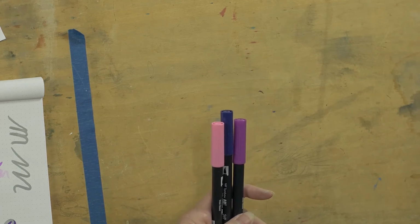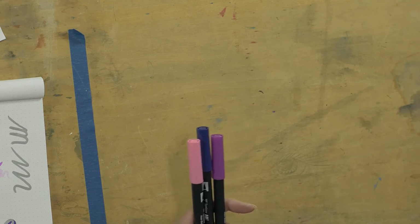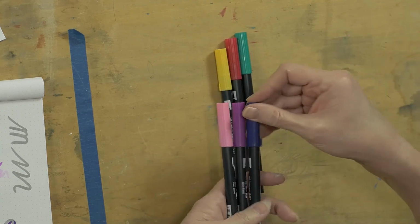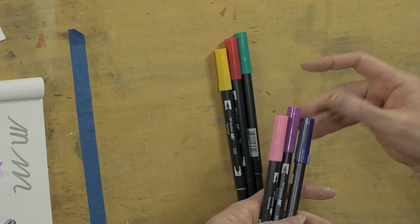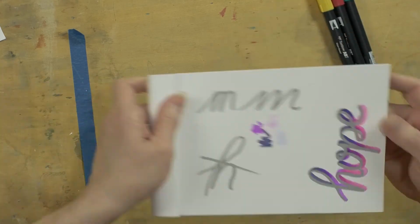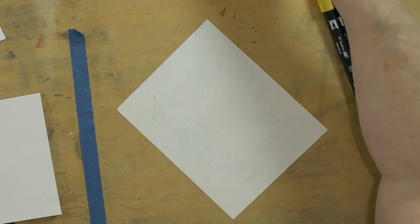So if you do like a red and a green, and then maybe let's try a yellow. So you've got colors like this, instead of these analogous colors, these are all on the purple tint. That's a purplish red, and this is a bluish red, and this is very blue. So these are all from the same color family. And so to get a triple color, you can do